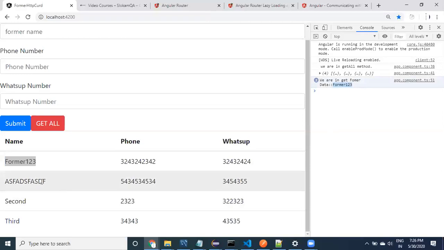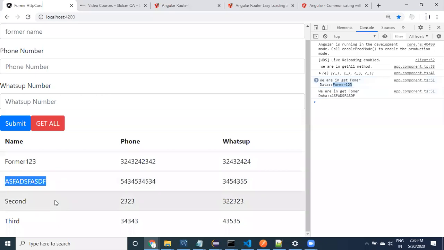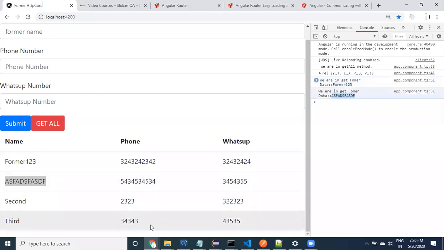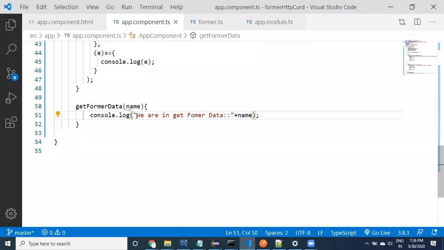When I click on this, what's happening in the HTML? We are sending the name, so that we are getting it here. If I click on the third one, we are going to get the third one. See here guys, we are getting the selected record. Now we are in get farmer data, something like name. But based on the name, if you want to get the data from the